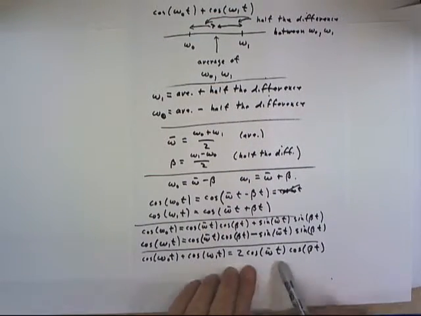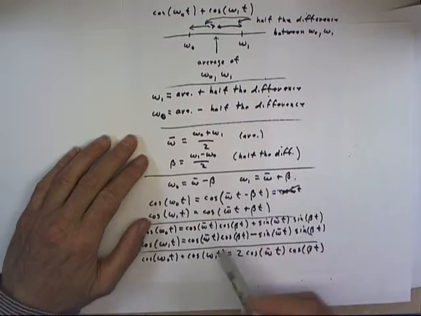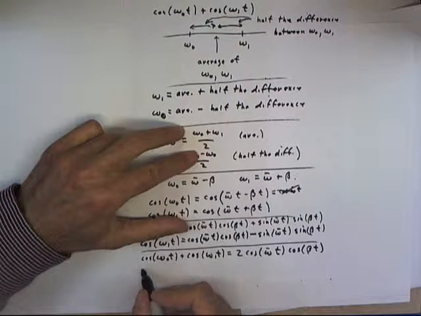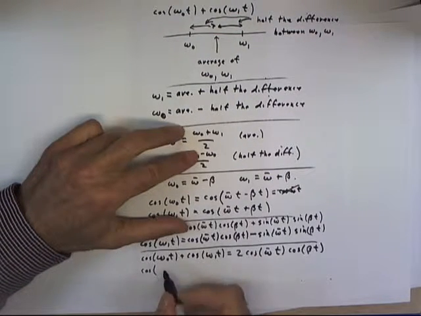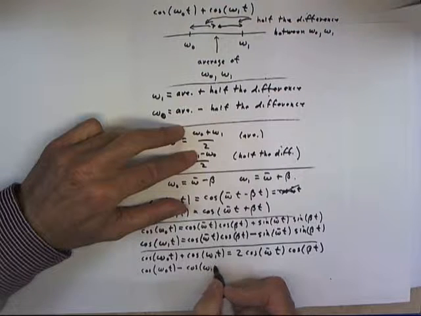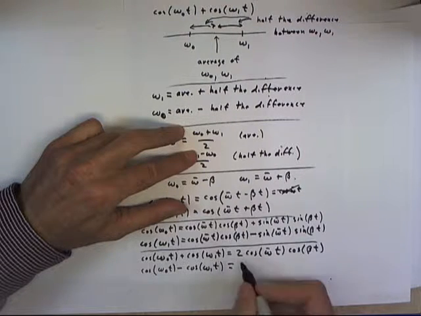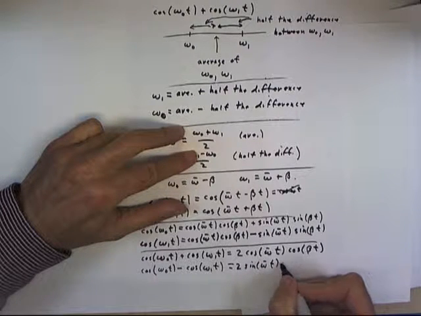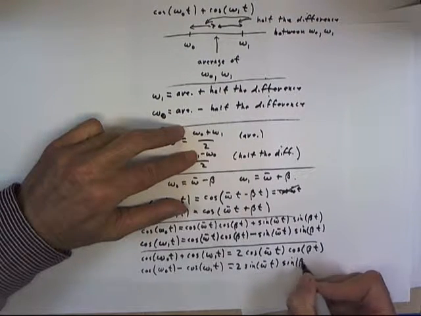an error here. It's certainly true. Everything I wrote here is true. Cosine of omega naught t plus the cosine of omega 1t does equal this. But the cosine of omega naught t minus the cosine of omega 1t can easily be seen to equal 2 times the sine of omega bar t times the sine of beta t,